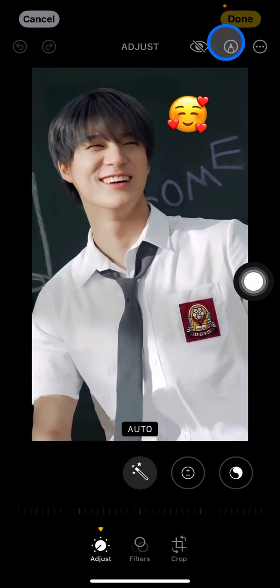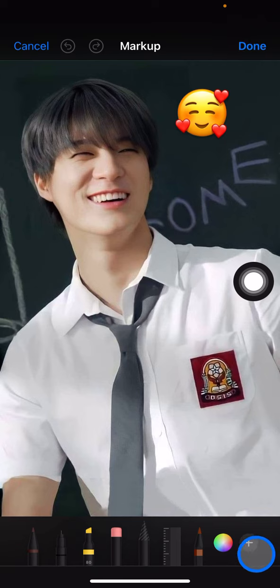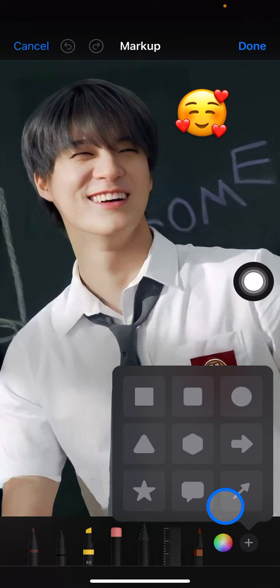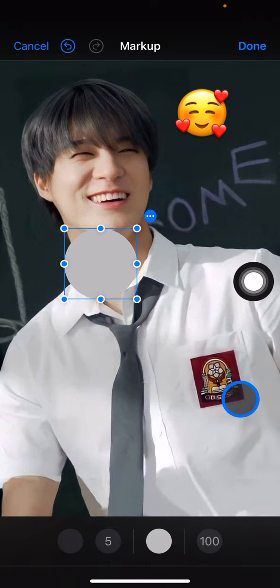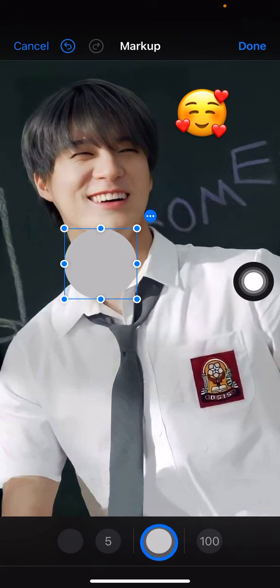And next you just need to take a look at this side. That could be this icon, just tap on it. And the next thing you need to do is tap on this plus button, and it could be Add Shape, and then pick the shape that you want to use. And next you just need to pick the color by clicking on this one,